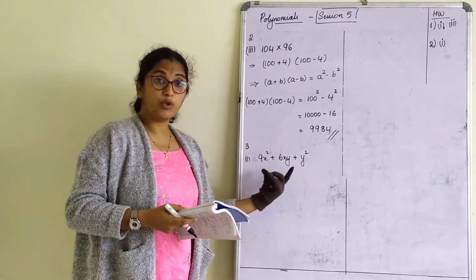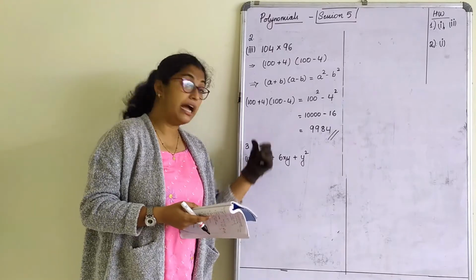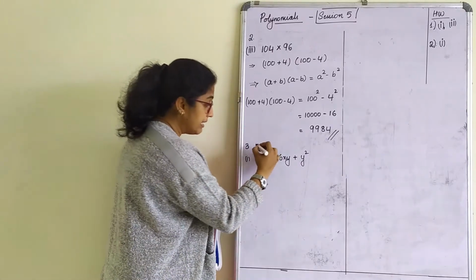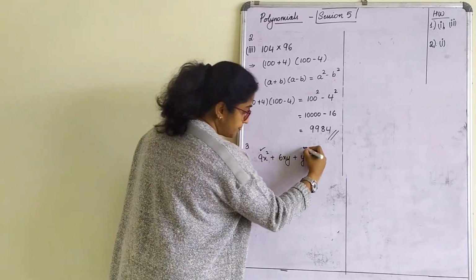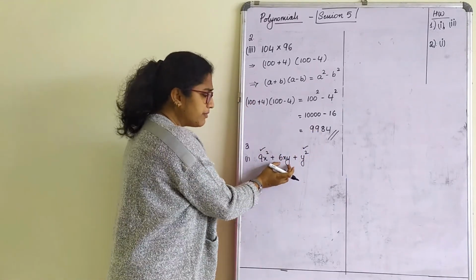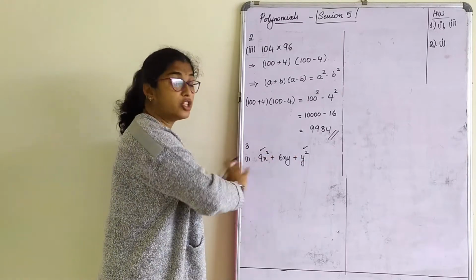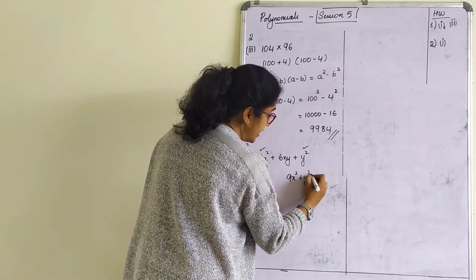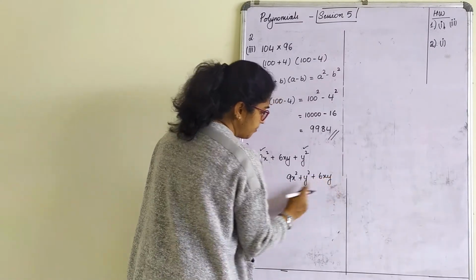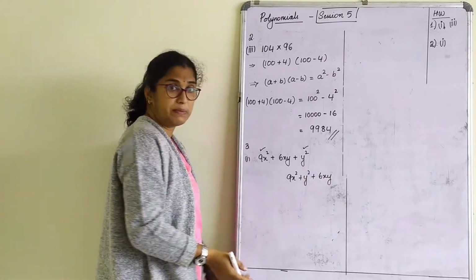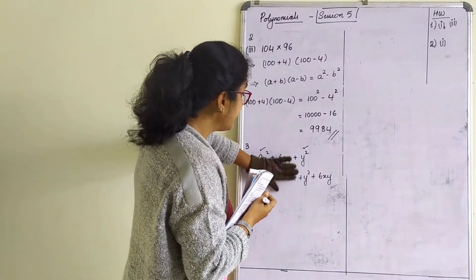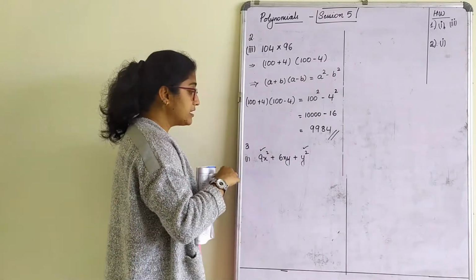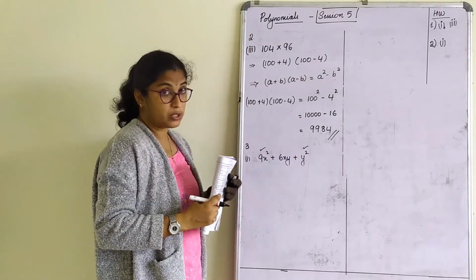So whenever they give you a factorization question and ask you to apply identity, it will always be of the square form, at least. Now look at the first term and the last one. In between it is not there. They can also interchange and give. The sum can also be given like this: 9x square plus y square plus 6xy, a square plus b square plus 2ab. You need to identify what the form is. So always the first and last will be of a perfect square form.